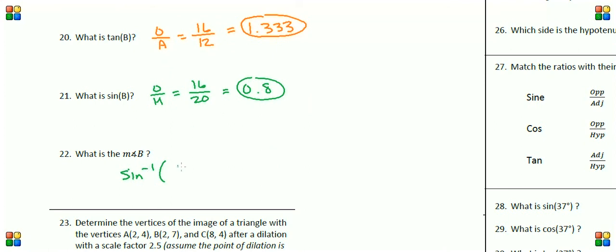Inverse sine, you plug in the ratio of the two sides, in this case opposite over hypotenuse because we're looking at sine. Plug that in your calculator and out comes an estimate of the degrees. In this case, you're going to end up with about 53.13 degrees. So the estimated value of the measure of angle B